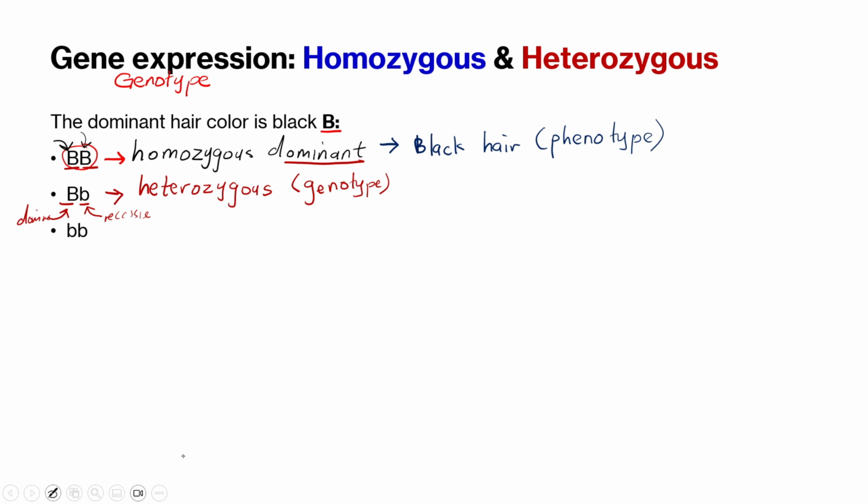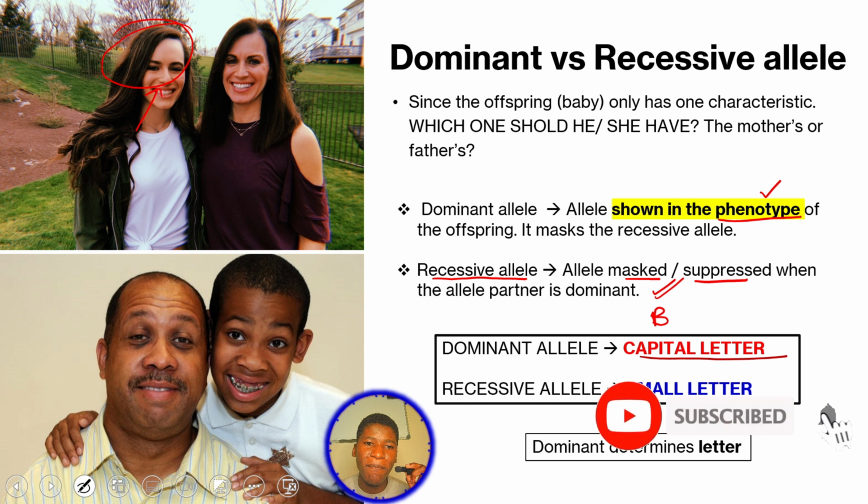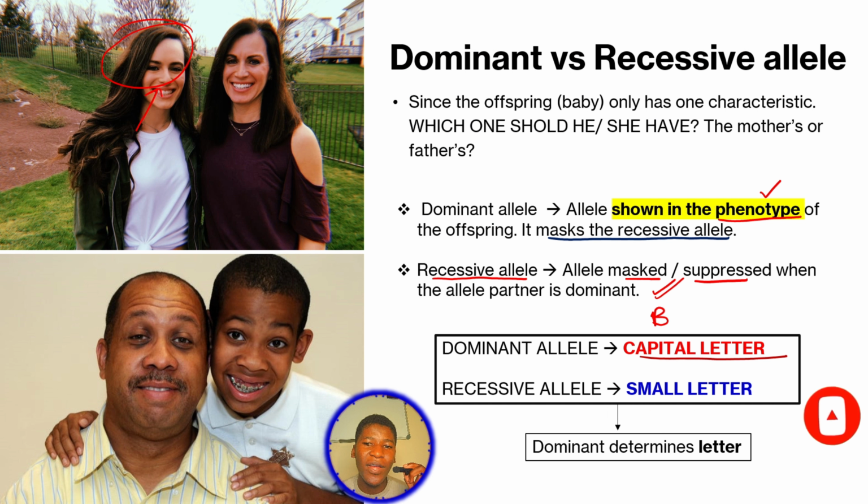What about your phenotype, the physical characteristic? How would you look? Since we've said that the dominant is the one that masks, remember, we've said that it masks the recessive allele. It is the one that suppresses the recessive allele. Basically, the dominant allele shows itself in the physical appearance, but it actually suppresses, or stops, or blocks the recessive allele from showing. In this case, we can say that the dark skin of the father blocks the light skin from the mother from showing.